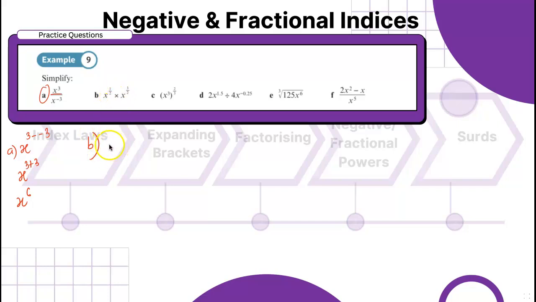B part. Here it's a product, so product is nothing but the sum: you have to add, but what you need to add is fractional indices. So what's the problem? We're not kids. We know how to add fractions, no? So 3 plus 1 is 4, so it's going to be 4 over 2, that gives you x squared. Correct? So x squared is the final answer.